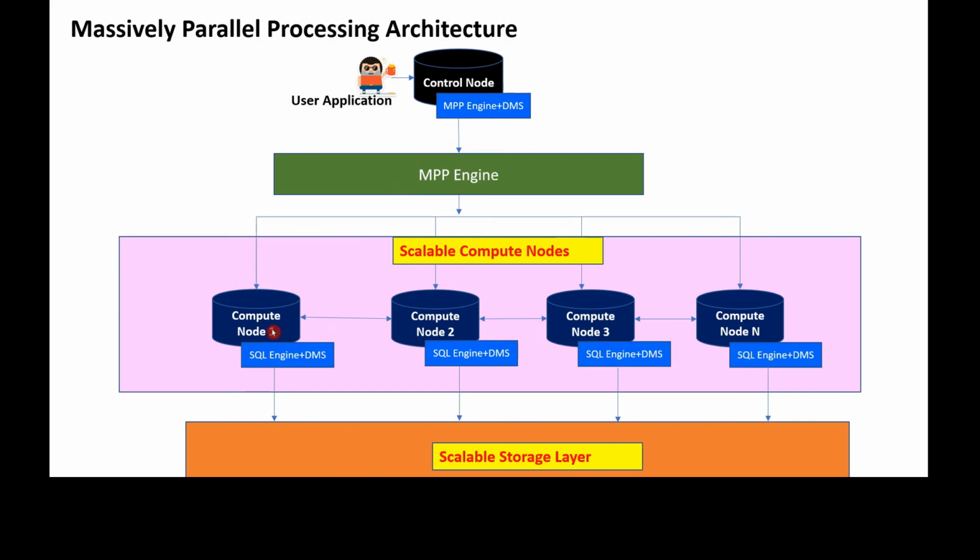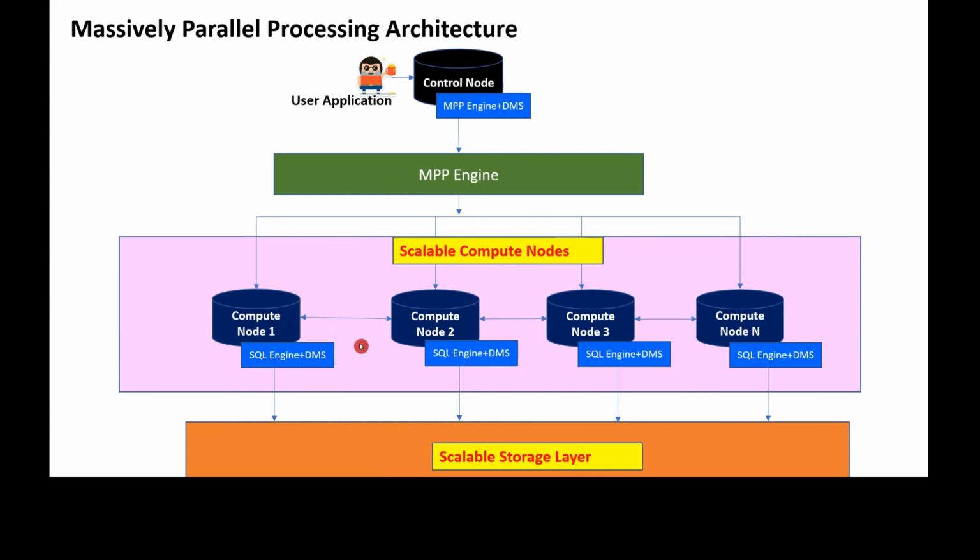Coming to the compute node first, the compute node will start reading the data. Let's say we have issued a command, select star from employee table. Then the compute node will start reading the employee table file. While reading the data into the compute node, it will split the data into 60 partitions. This is also standard. No matter how many compute nodes you have, it will create 60 partitions when it reads the data from the storage layer.